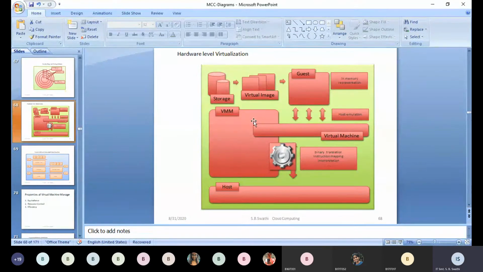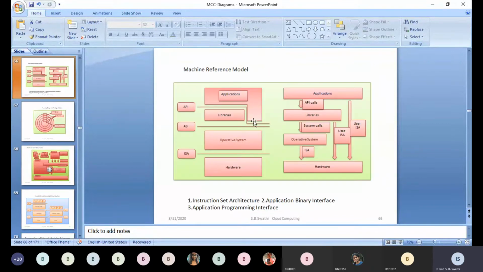So we have seen what the basic virtualization level is. Based upon this we have the other virtualization models. See here, this is a basic model of any virtualization. Here we have the hardware. Normally, how do you construct the virtualization layer, virtual machine instance or image? The virtual machine manager is a software program which will provide you the services which you want. The services may be infrastructure oriented, platform oriented or software oriented requirements.